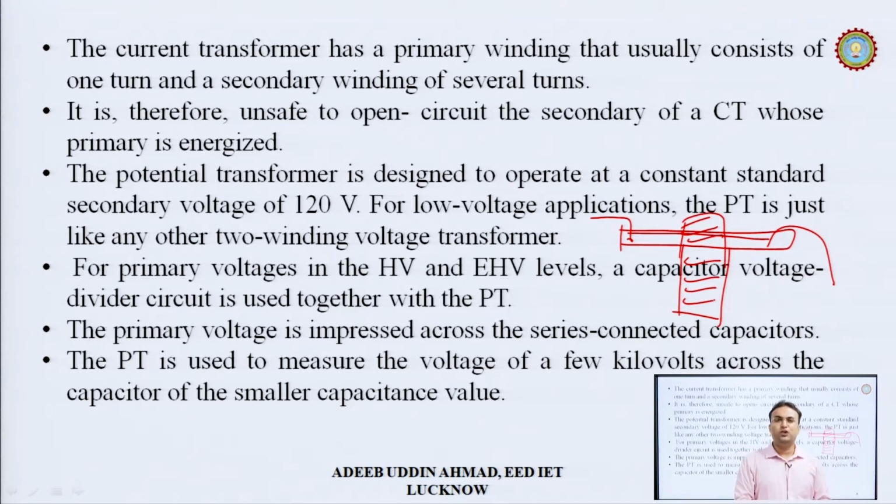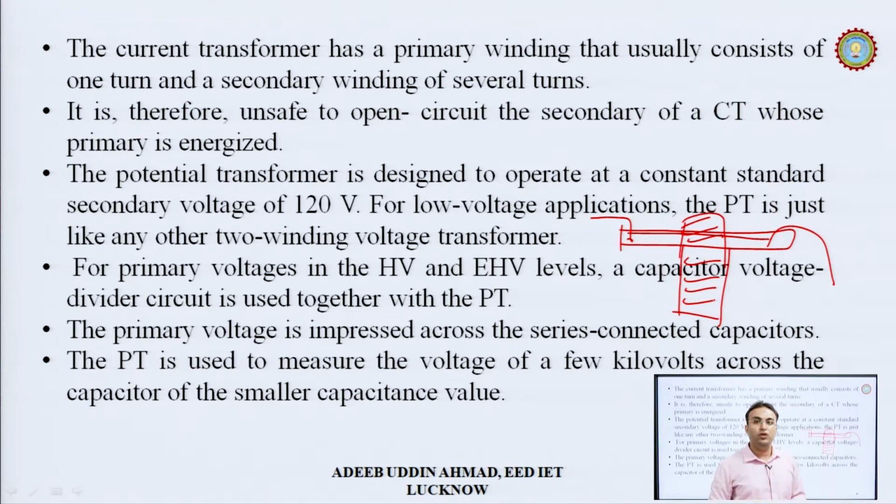The potential transformer is designed to operate at a constant standard secondary voltage of 120 volts. For low voltage applications, the potential transformer is just like another two winding transformer. But the potential transformer has some different structures, because